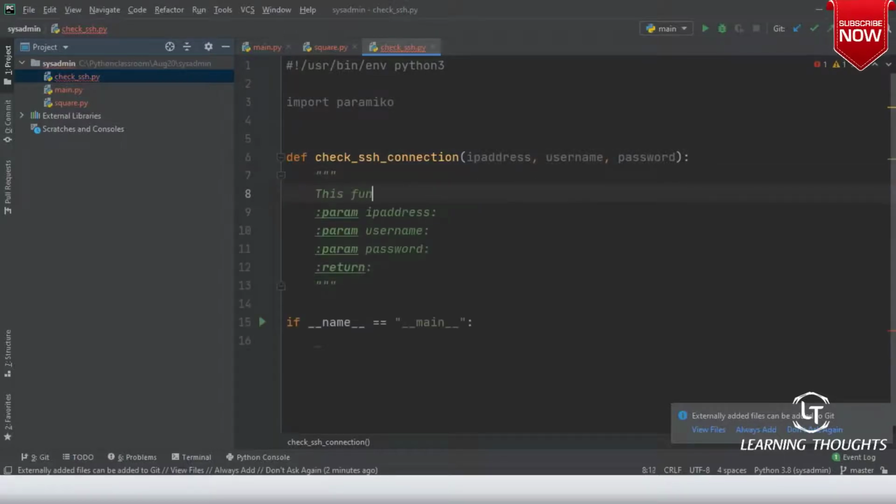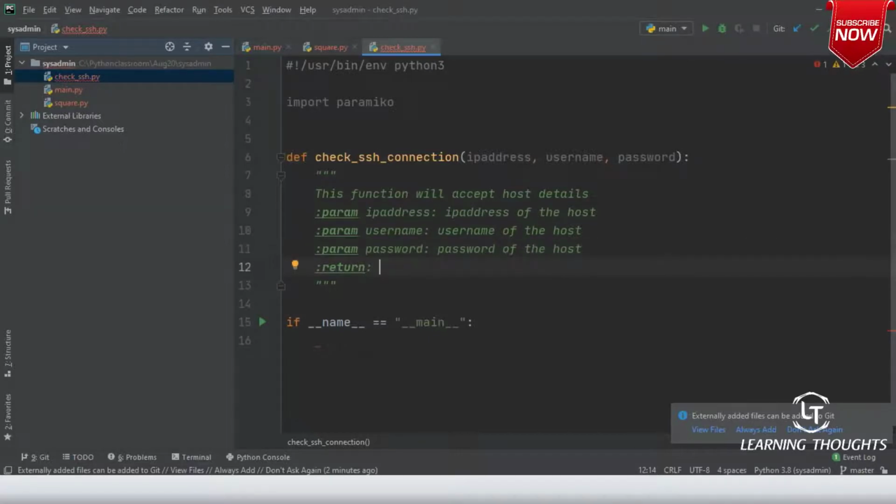This function will accept system details, or host details. What are the details which it accepts? The IP address of the host, the username of the host, the password of the host.